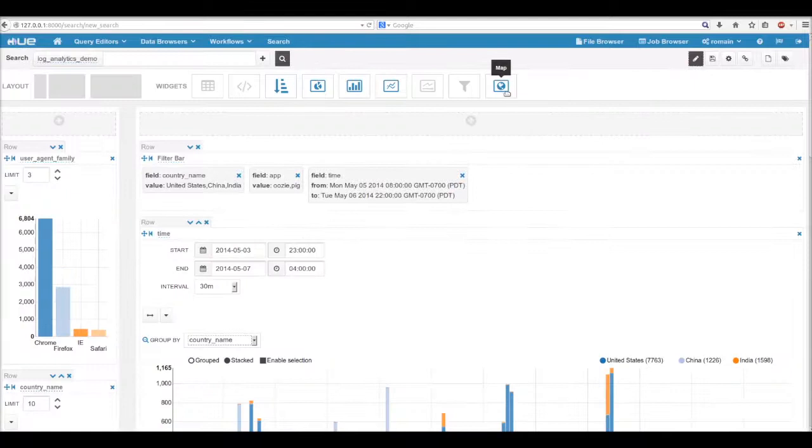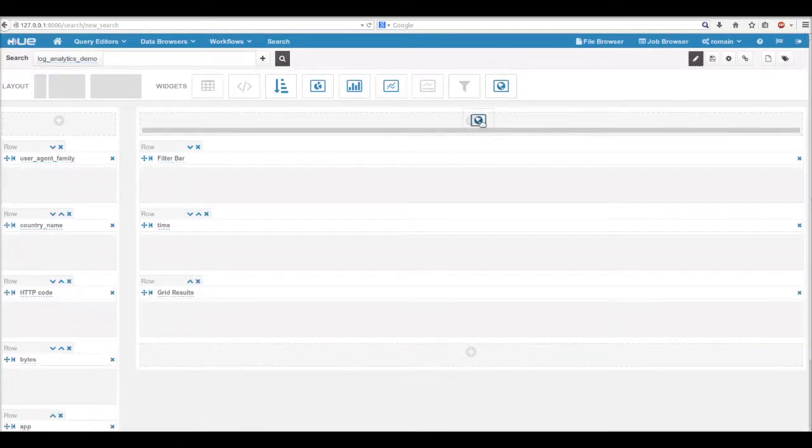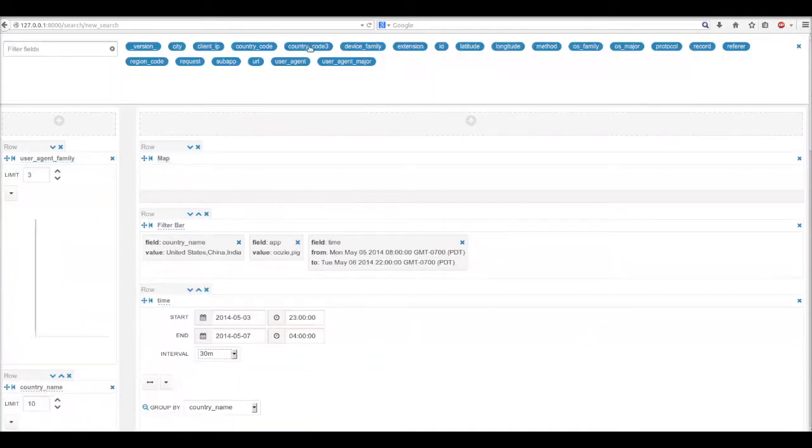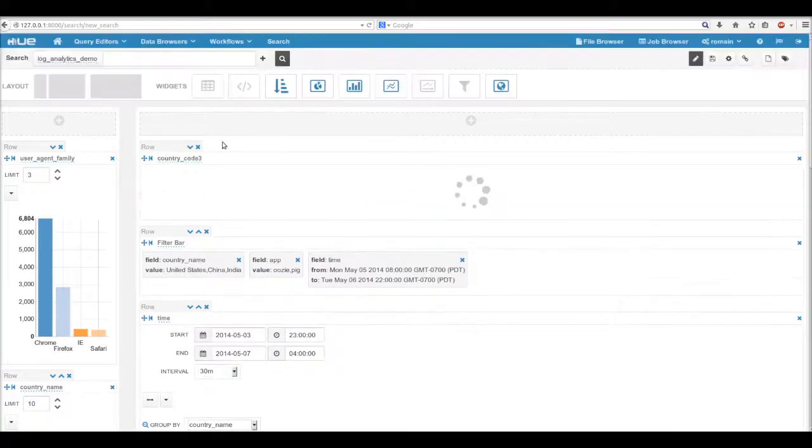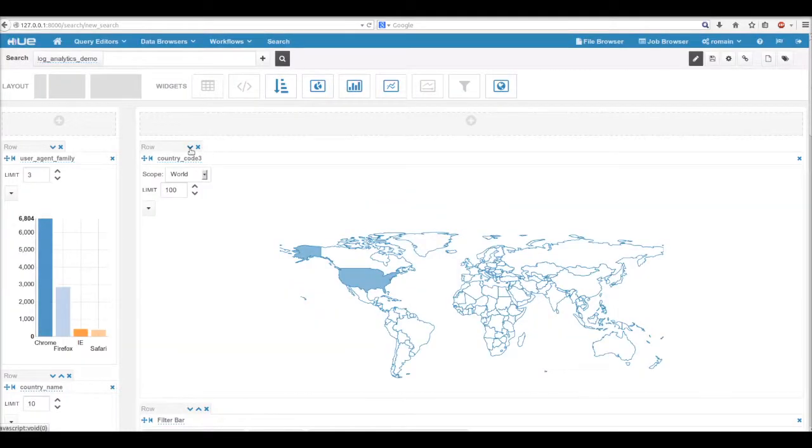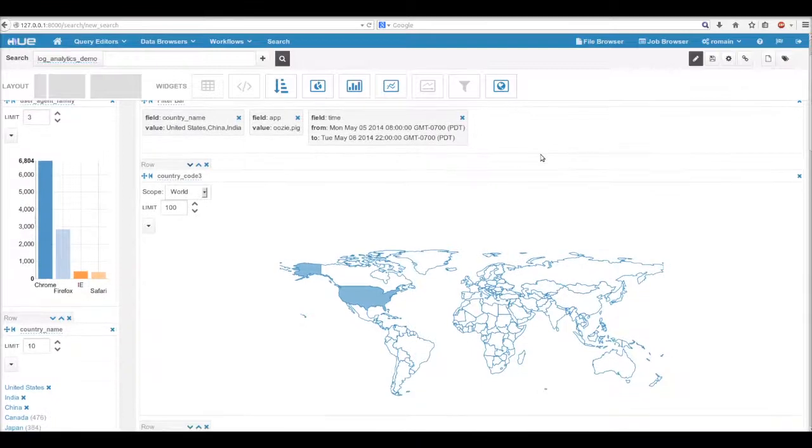Let's add a cool widget, the map. We plot the country code of our Apache logs, and then a gradient will show the density of users on all the world.